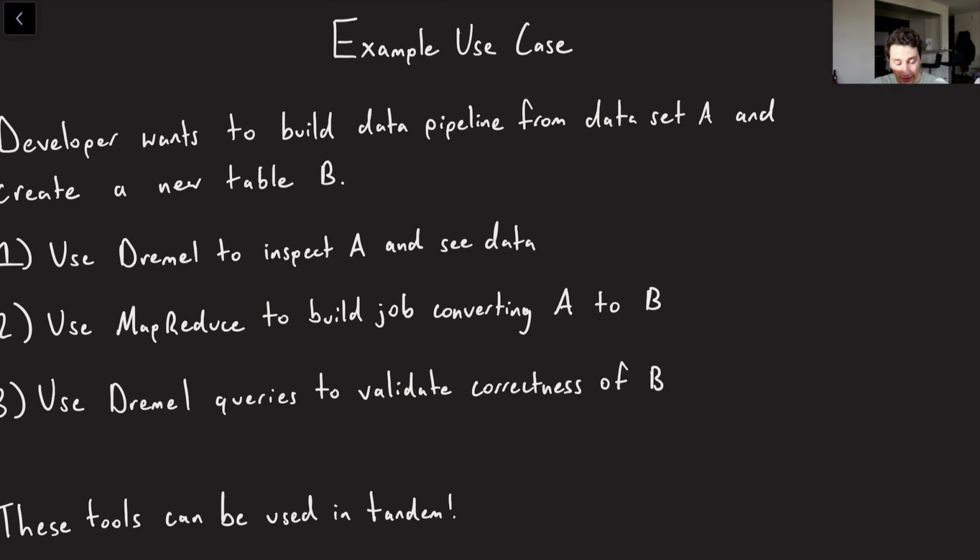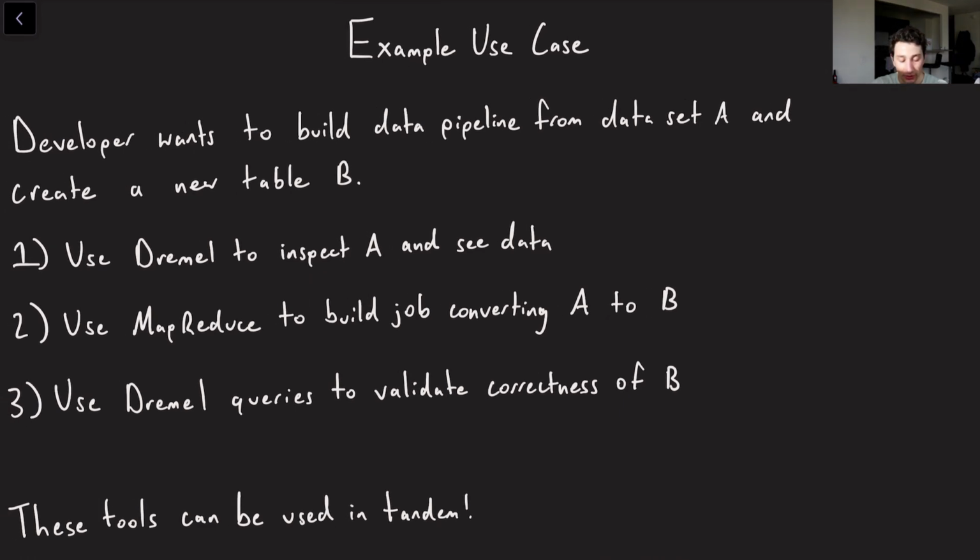Cool, so let's talk about a nice example use case for when we might want to use Dremel. Let's say I'm a dev or a software engineer. My company calls them devs for some reason because they're not a tech company. And basically, if we're talking about devs, then maybe I'm trying to build an ETL job or some sort of data pipeline. First thing I want to do is take my input source and use Dremel to inspect it. Maybe learn a little bit about the data. Hey, what would I do if I were trying to make some aggregations on this? What do my initial statistics look like? And then eventually I would write up some MapReduce job to actually convert dataset A over into dataset B.